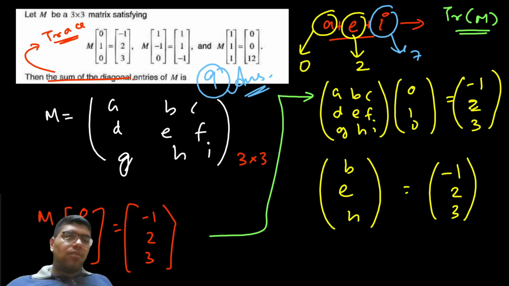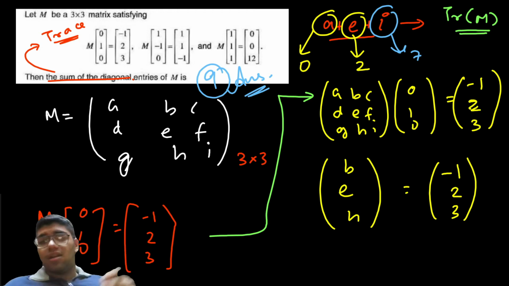How can you find them? And I have told you how we can find them. We have to find a, we have to find e, we have to find i. And the best way to do that is to use only those equations that involve these three, and for that, you have to multiply only them. Once you are able to do that, your task is done, and everything will be fine. Okay, so that's all from my side for this question.